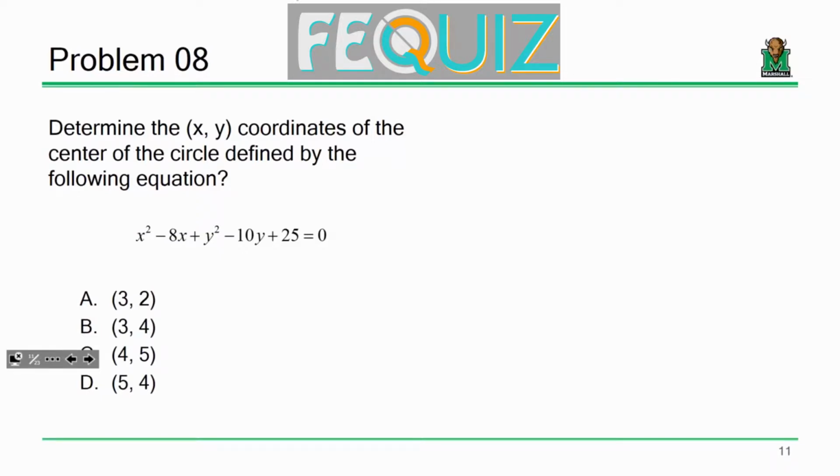Okay, determine the x and y coordinates of the center of the circle defined by the following equation. Okay, now, if you don't remember the standard form of a circle, that's where this comes into play. Now, there are properties of a sphere and this, that, and the other. But if you go to page 27,